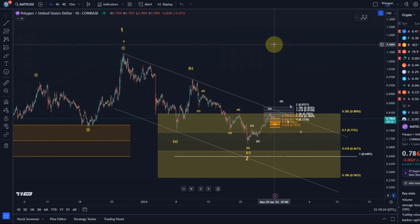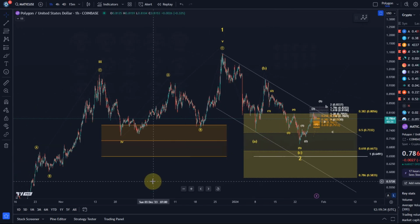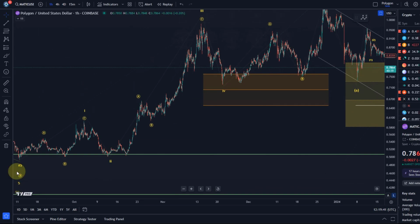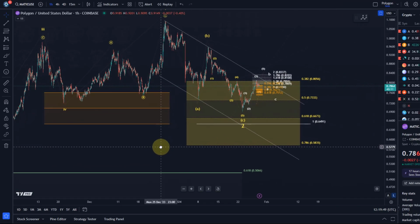There's always a level, however, where we say that this overall bullish thesis has to be basically thrown out of the window. So the invalidation point is obviously down here at 50 cents, but normally we don't want to wait that long, because that's the beginning of the wave 1 to the upside, the beginning of that 5 wave move to the upside. That's always the invalidation point, but there's typically a warning that we get before that,